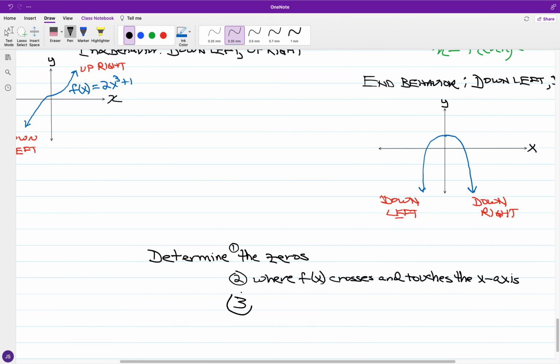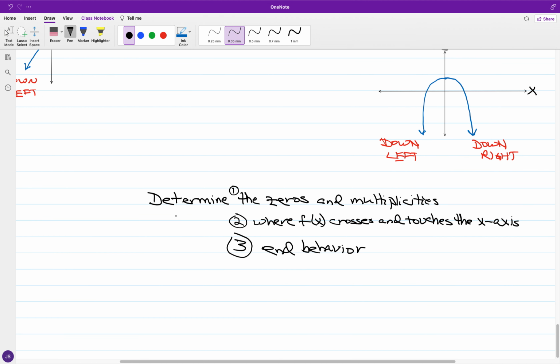And third, the end behavior. Let's go ahead and say zeros and multiplicities. Well, you need to determine the multiplicities to find out if it's going to cross or touch the x-axis. But we'll say that we have in the layout. Okay, we'll say that we have f of x, and we'll say we have equal to, let's say we have negative